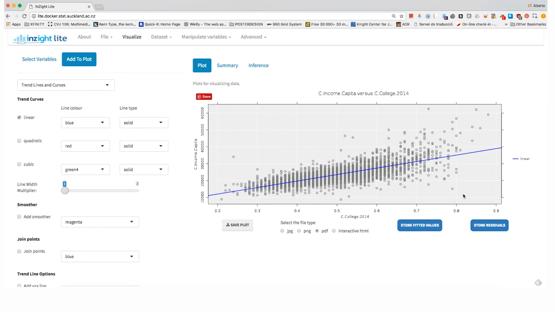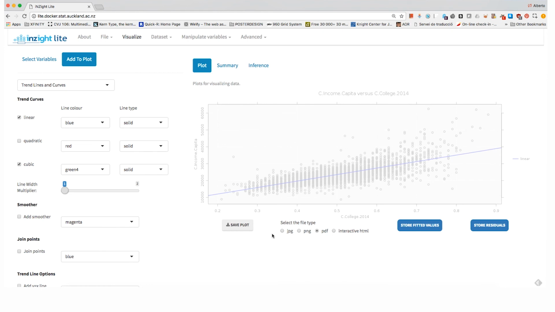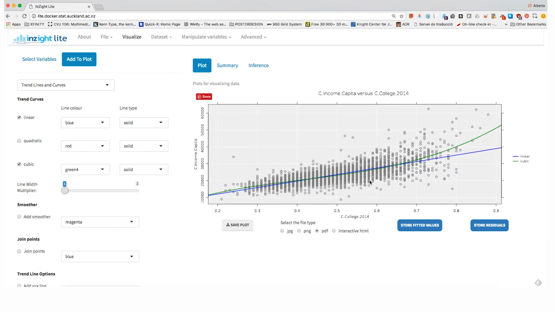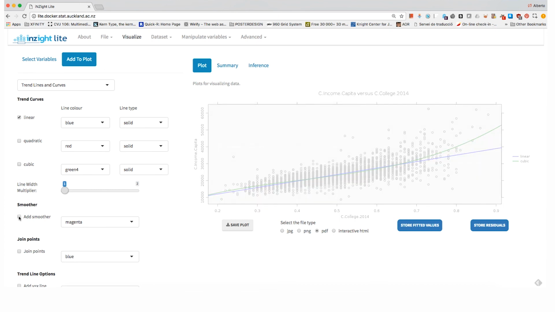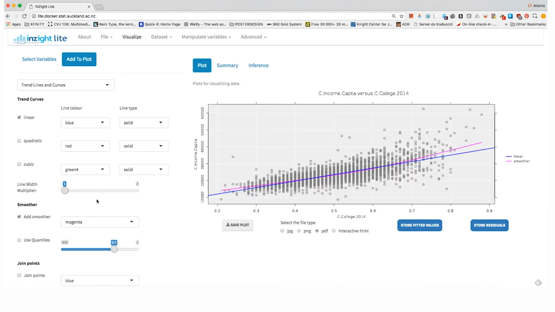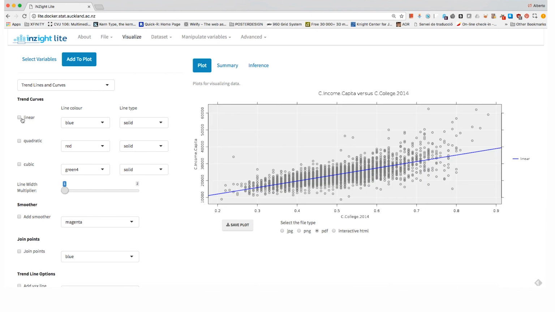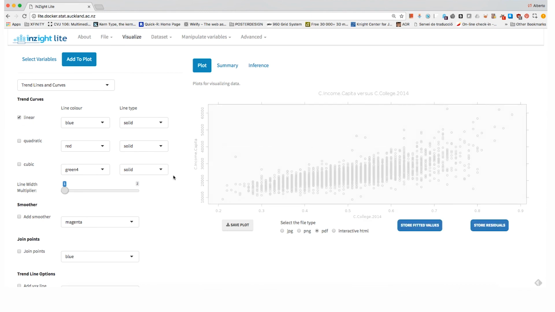Now, sometimes a line is the best description of the direction of the relationship between two variables, but sometimes it's also worth overlaying, for example, a cubic line, which will be a curve. You will see that there you go. So this line over here shows us that the relationship is not perfectly linear. It actually goes upward a little bit as soon as we get to the outliers over here, right? So these are methods of exploring the data even further. There are also different kinds of smoothers, right? If you're familiar with this term in statistics. So you can select also the color of the smoother, etc. So these are the ways of overlaying trend lines in scatter plots.